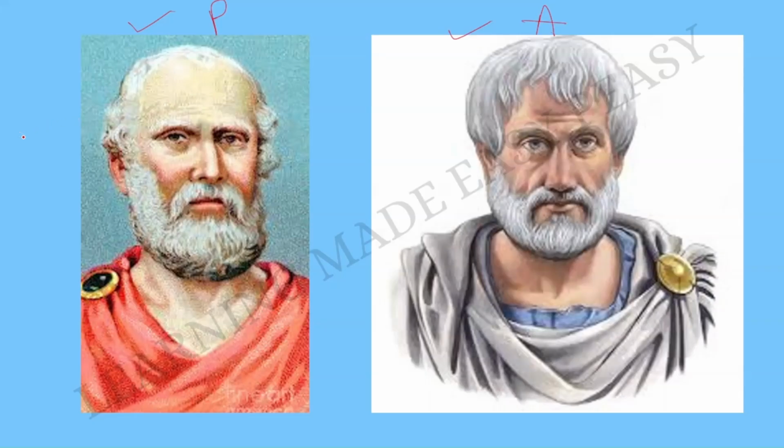However, I will just say it once that in Greece there were 3 important philosophers. First, we had Socrates, who is also called the father of Western philosophy. After Socrates, we had his student, that is Plato. So Plato was the student of Socrates and also was the teacher of Aristotle. Finally, after Plato, we had Aristotle, and Aristotle was the student of Plato and he was the teacher of Alexander the Great. I hope you know who Alexander the Great was. Okay, so here we have completed the first lesson.